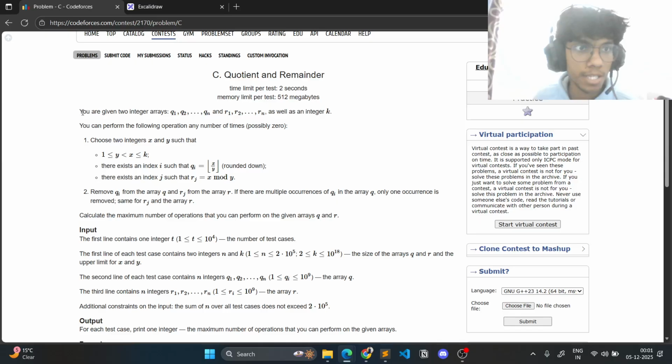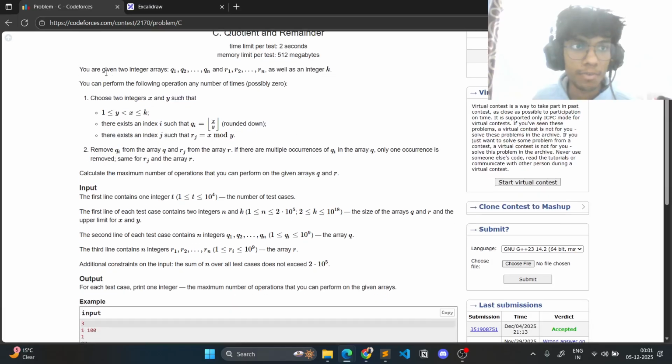So this problem says that you are given two integer arrays, q1, q2, and all the way up to qn, and the array r1 to rn, as well as an integer k. So we've been given two arrays and an integer k. You can perform the following operation any number of times, possibly 0. We can choose two integers x and y such that 1 is less than y,